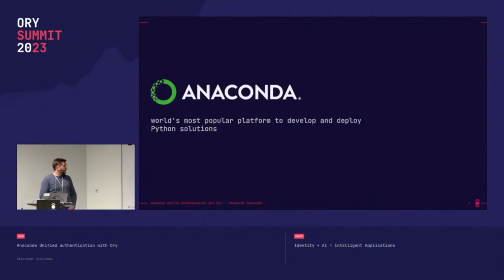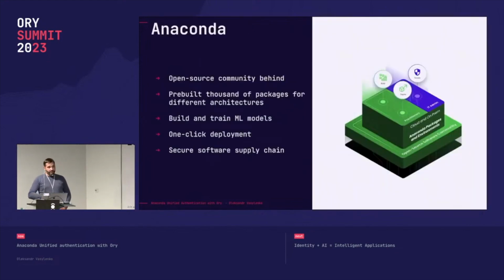So, Anaconda is the world's most popular data science platform focused on deploying Python solutions. Anaconda has an open source community behind it and uses it as a foundation. At Anaconda, we are building optimized packages for different architectures from packages provided by the open source community. In addition to using packages from open source, Anaconda also contributes to some great projects, like